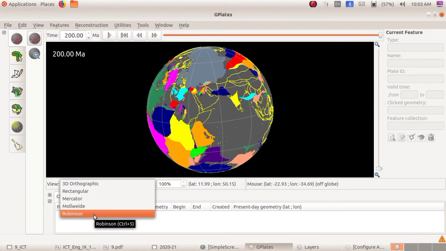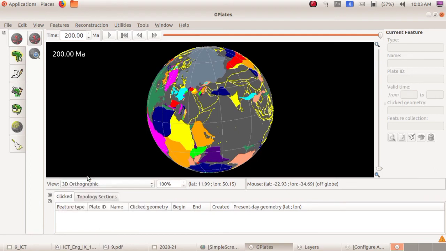These are in the view control option, which we can see at the bottom of the main window. You can restore the window by clicking on leave full screen mode on the top of the window.